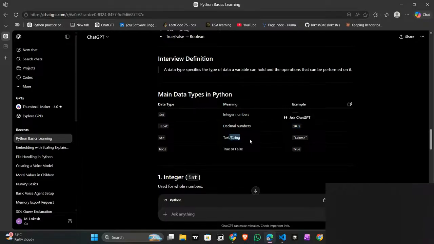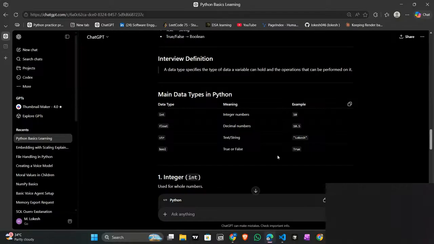What is a string? Double quotes or single quotes. Whatever we give inside double quotes, single quotes, or triple quotes is considered a string.